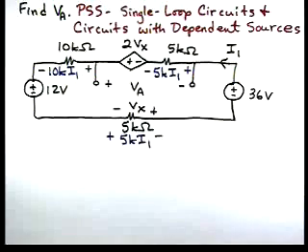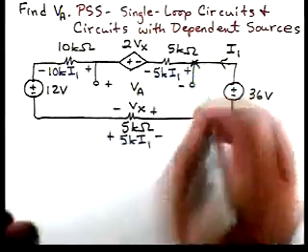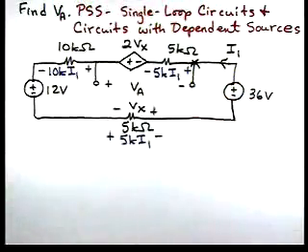Now we're going to apply KVL, and in the problem-solving strategy for circuits with dependent sources, we're going to treat that dependent source like an independent source in writing the KVL equation for the circuit. So let's start here, and go around the circuit